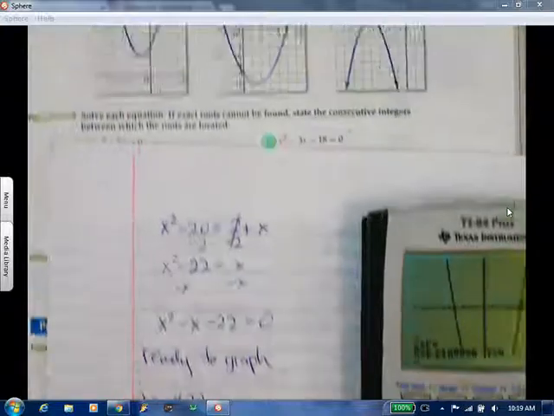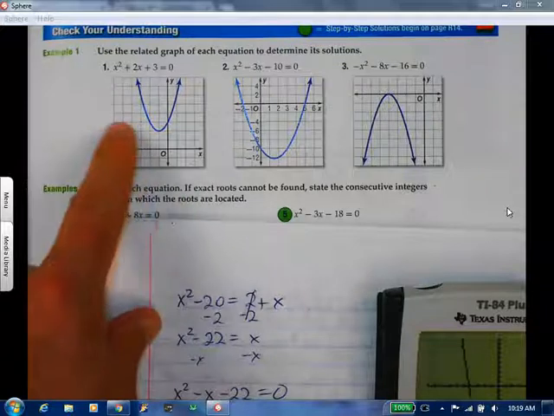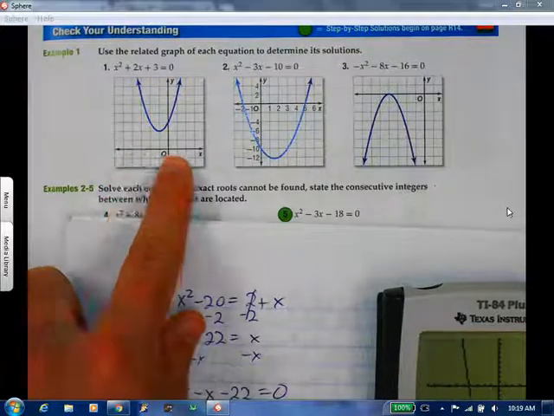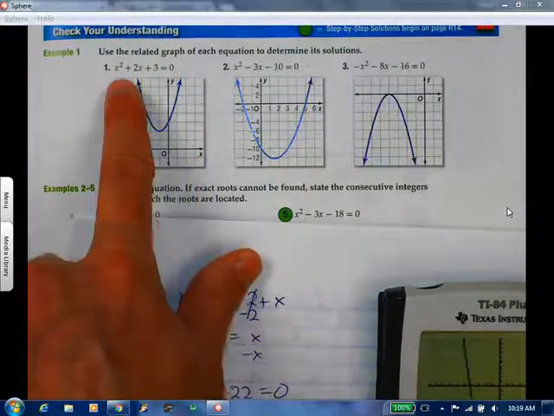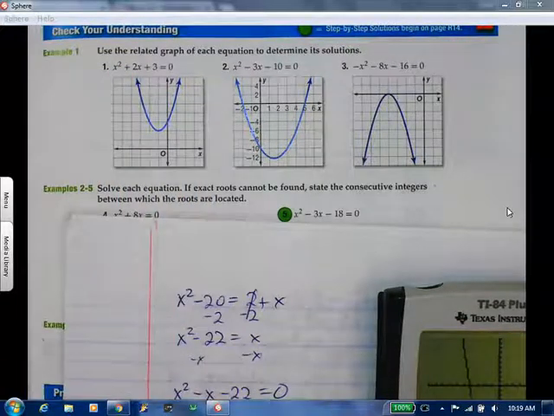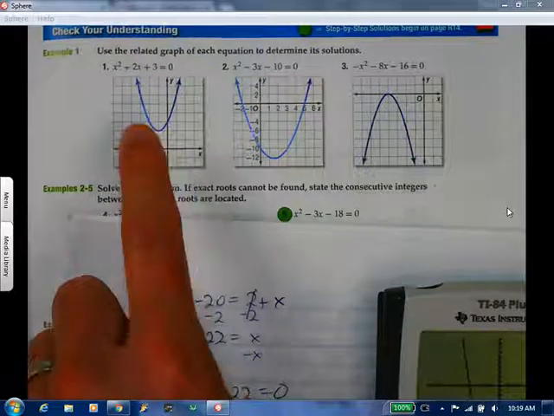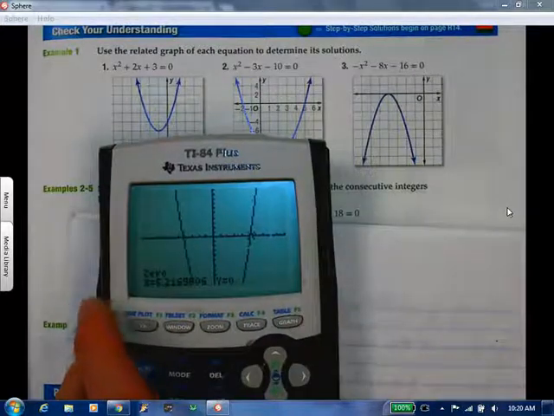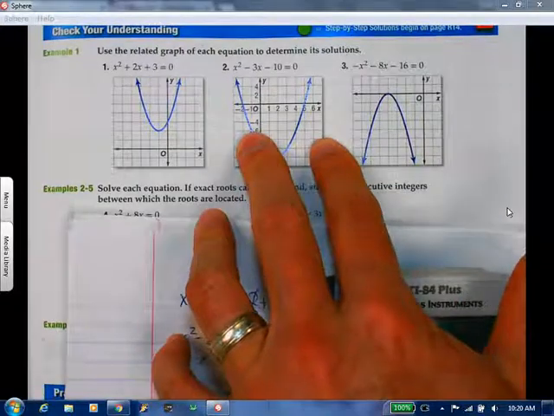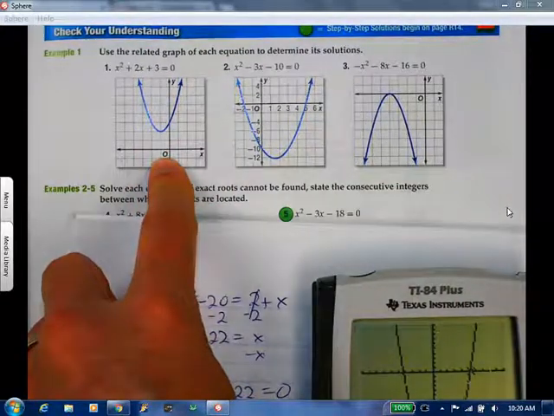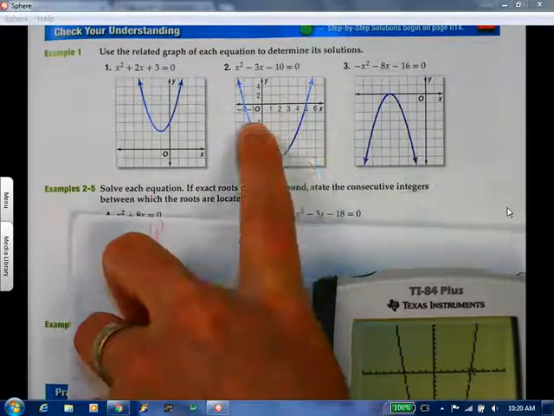So they're going to start off, and they're going to give you the graph already. So you can just go with what the graph has. So like if this is number 1, what would you say is the answer here? They're asking you to solve this equation, and they've given you the graph. No real solution. That'd be no real solution. So if you ever see that on your calculator also, you put no real solution, you're done, move on. Okay? If you ever have something that doesn't cross the x-axis, write down no real solution, move on to the next problem. This one would have 2 solutions at,